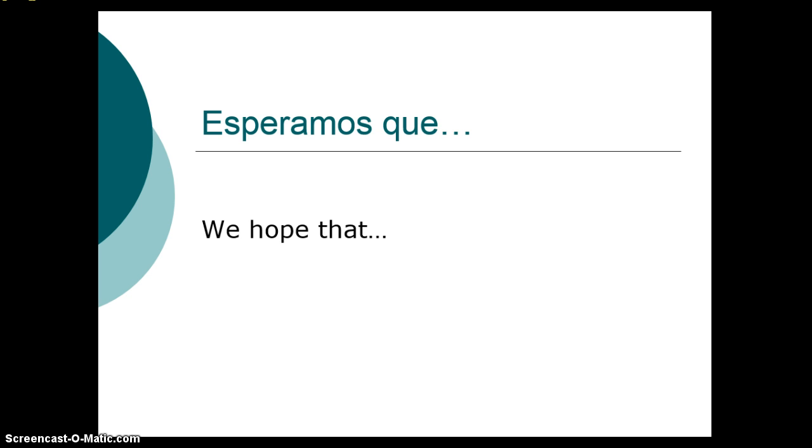Esperamos que. Okay, we've already seen esperar in the context of wishing and wanting. It kind of overlaps a little bit with emotion, hoping. So here it is again. We've already worked with this one, but esperamos que. Again, I could use espero que, I could use esperas que, any conjugation of this is possible as long as you don't have the same subject, as long as you don't repeat that subject on the other side of the que. In this case, I've given you the nosotros form. Esperamos que. So go ahead and pause and write a logical ending to that sentence.